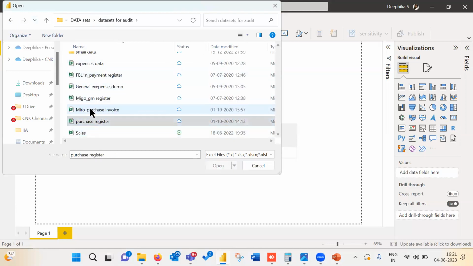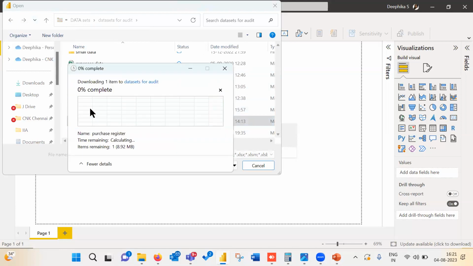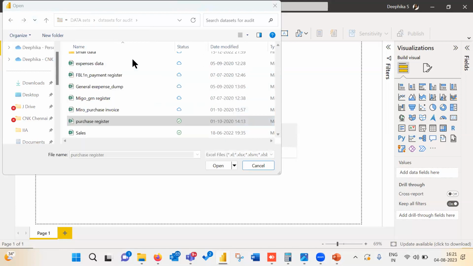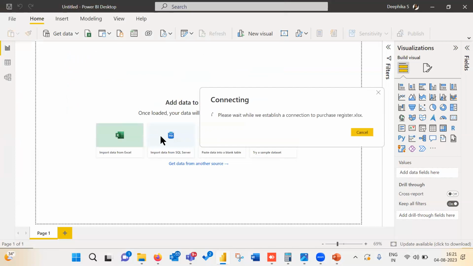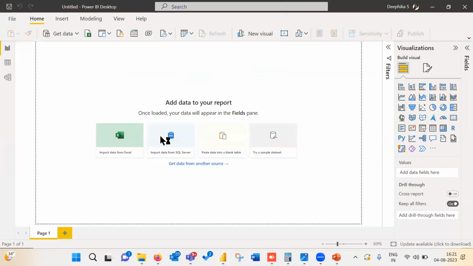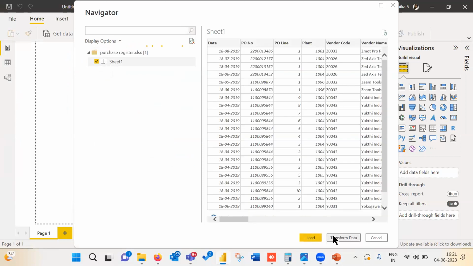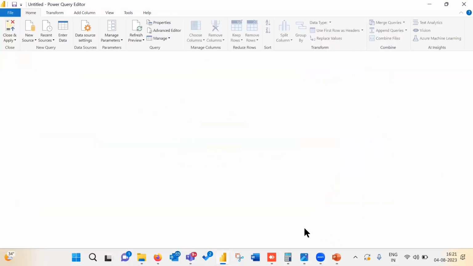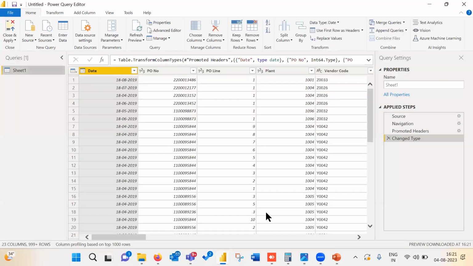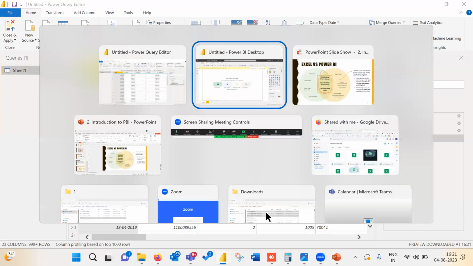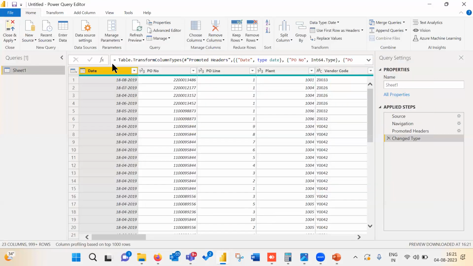I'm taking a sample purchase register. So Power Query editor and Power BI both can be open in parallel. Let's say I'm connecting to a source and I have the option to transform data. Load data means it will load directly to Power BI desktop. I'm going to choose transform data, so it will load to the Power Query editor.